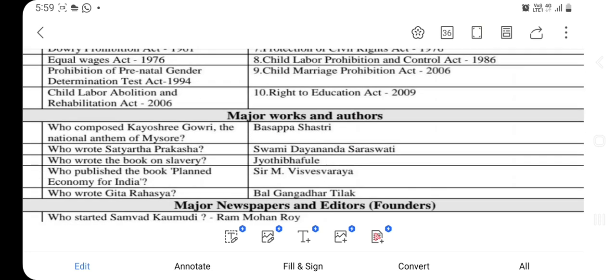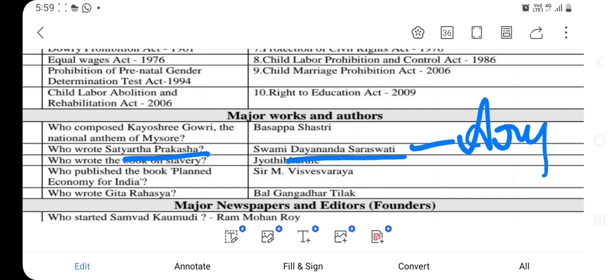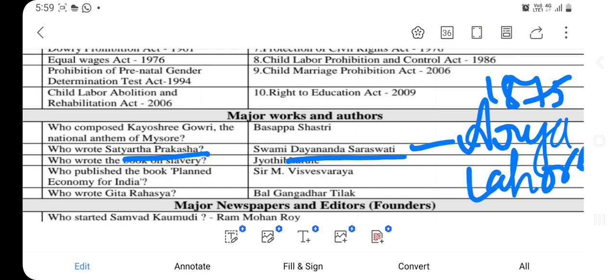The author, the poet and the work. Who composed Kayo Shri Gauri, the national anthem of Mysuru? Basappa Shastri, popularly known as Abhinava Kalidasa. Who wrote Satyartha Prakasha? The famous social reformer Swami Dayananda Saraswati. He established the Arya Samaj in 1875 in Lahore, and he also established the Dayananda Anglo-Vedic College, and his follower